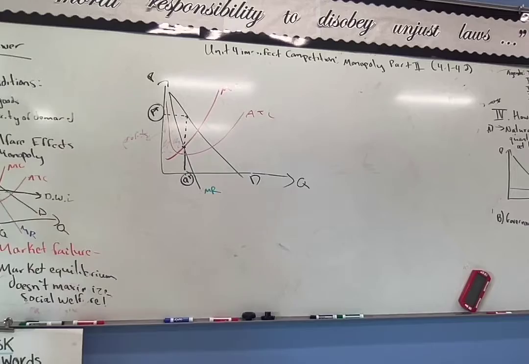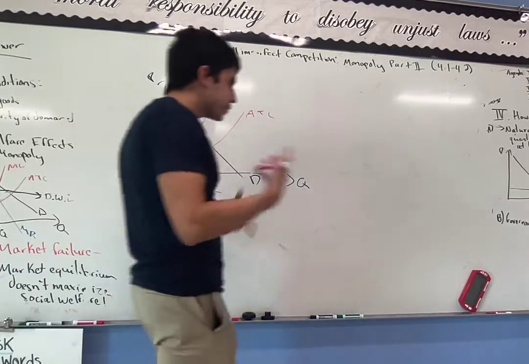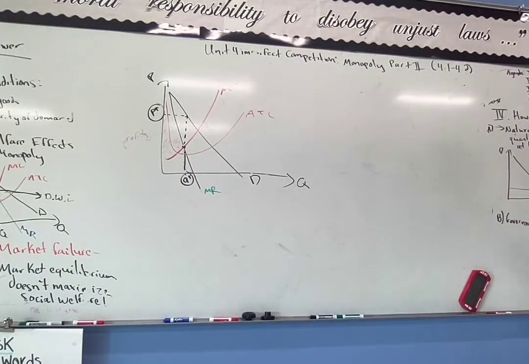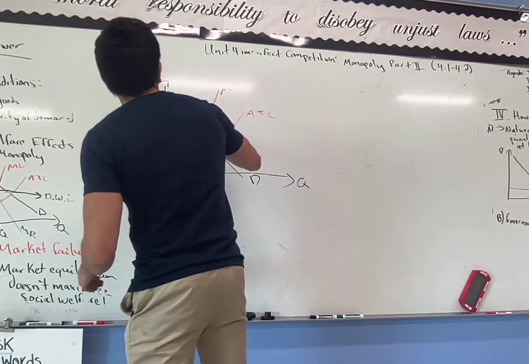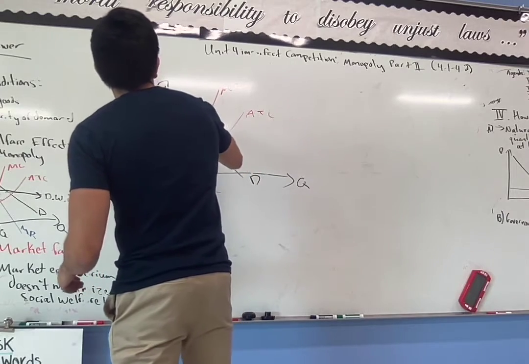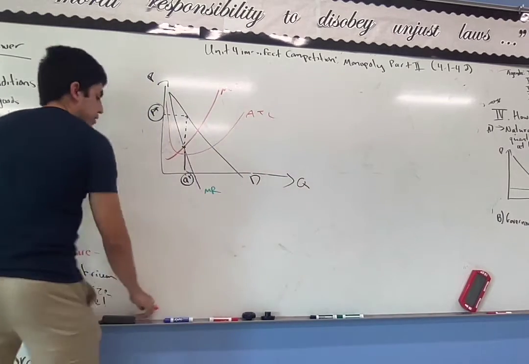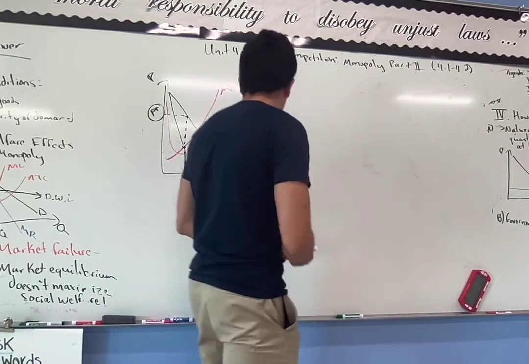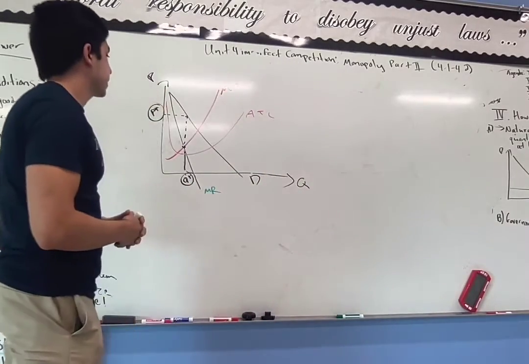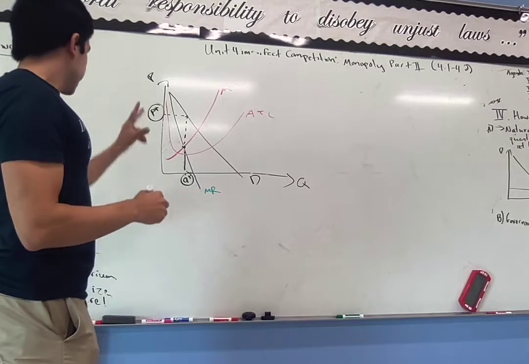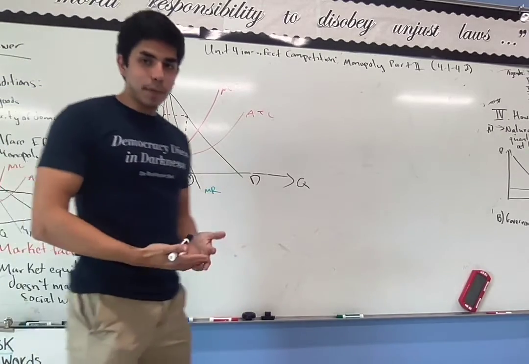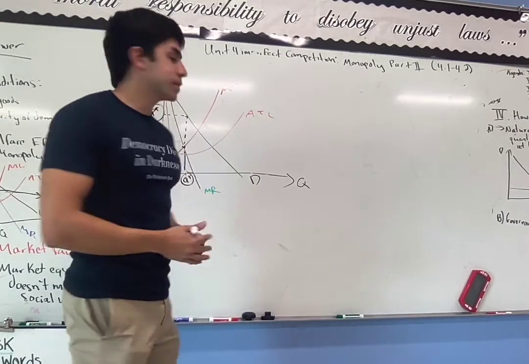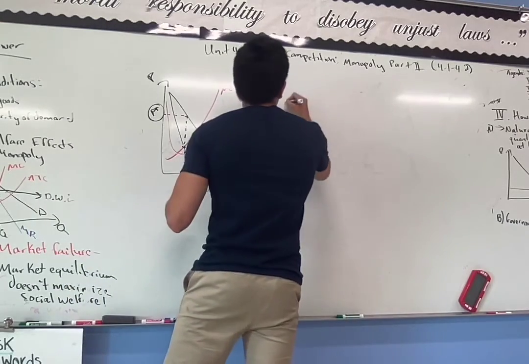Now what's interesting about this, and I'm going to go ahead and erase this right now, is we can use these tools of social surplus, consumer and producer surplus, and deadweight loss to understand something a little bit more deeply about these types of things, sort of the welfare effects. In particular, we're assuming that this monopolist can only charge one price, and then we said that monopolists actually can charge multiple prices, that they can be price discriminating. So our assumption